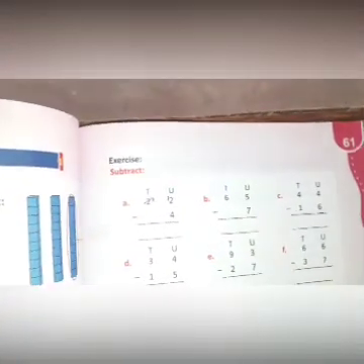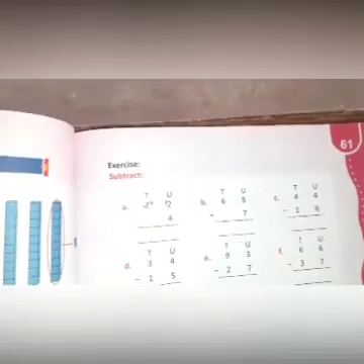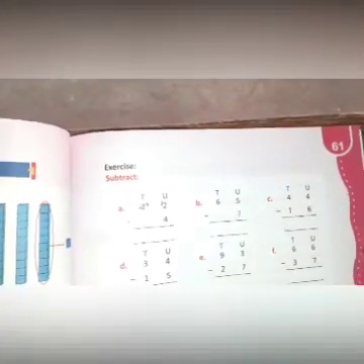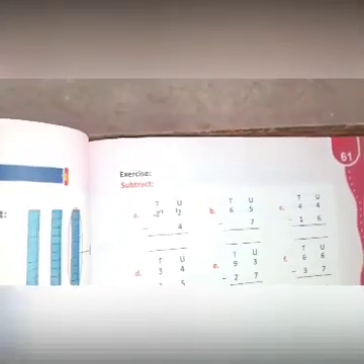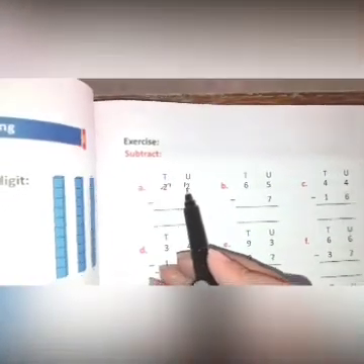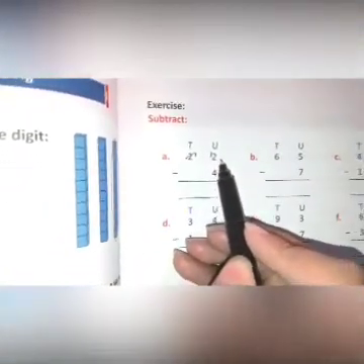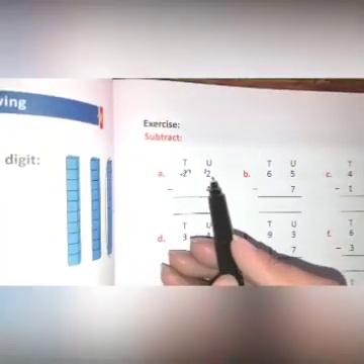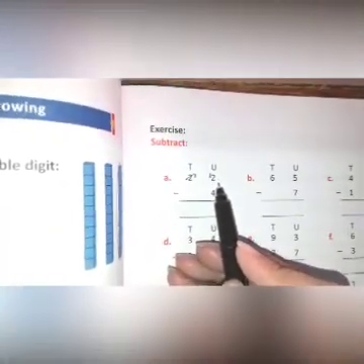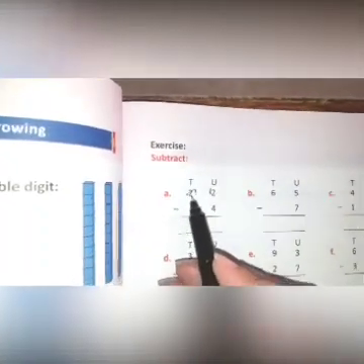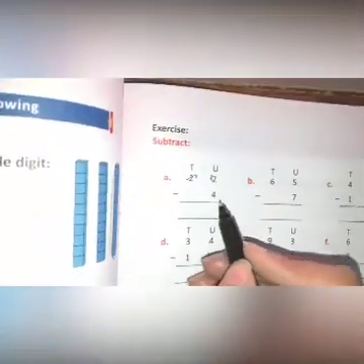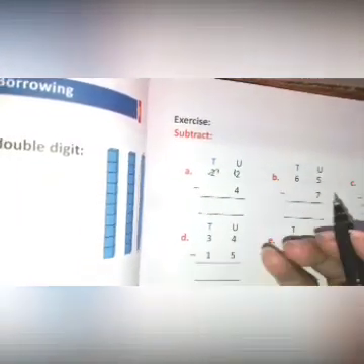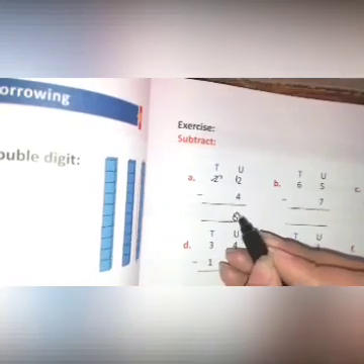The first step is we can't subtract 4 from the 2. We need to regroup or borrow 1 ten from the tens to the unit. You can see that we have borrowed 1 from here and it will become 12 unit. 1 ten or 2 unit, or you can say that 12 unit. When you borrow 1 from the 10, it will become 12 unit. So subtract 4 from the 12. The answer will be 8.